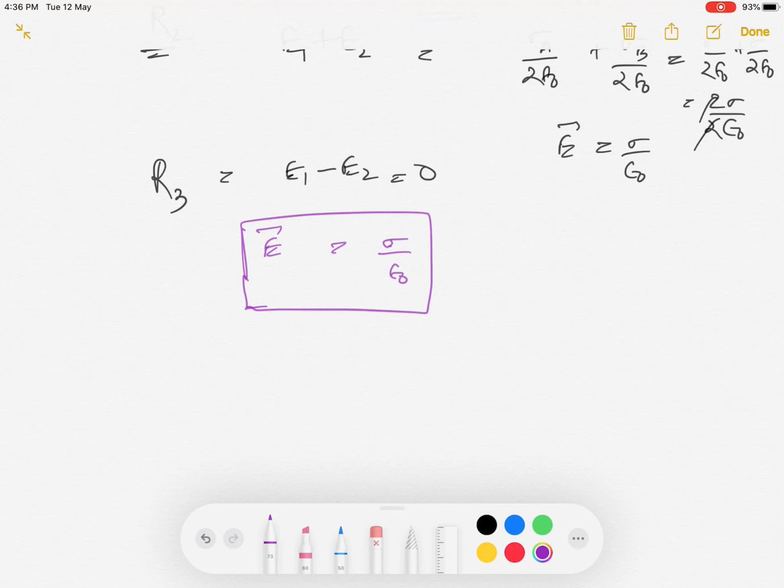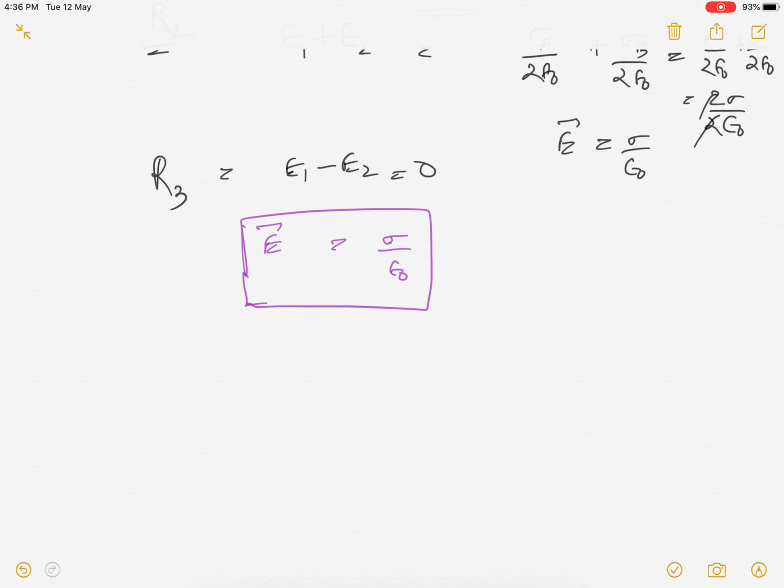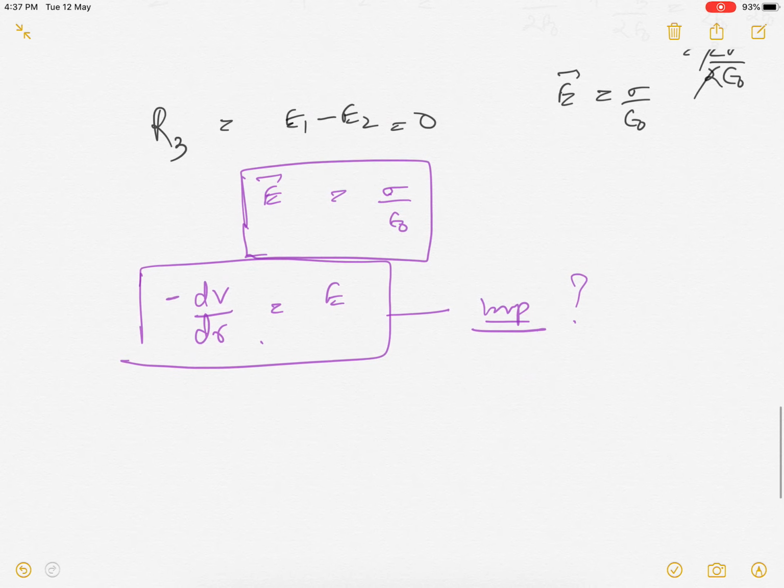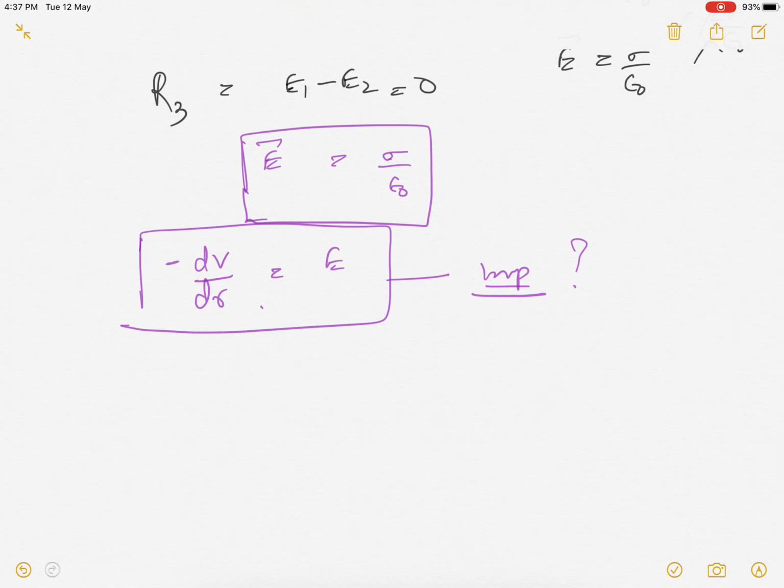Now, as we have determined the electric field, one more thing you should know, that dV by dr is equal to E. That is, change in potential with respect to distance is electric field. Actually, the formula was negative potential gradient is equal to electric field. This one is also a very important derivation. If you have difficulty in this derivation, let me know so that I will prepare a video clip of this also.